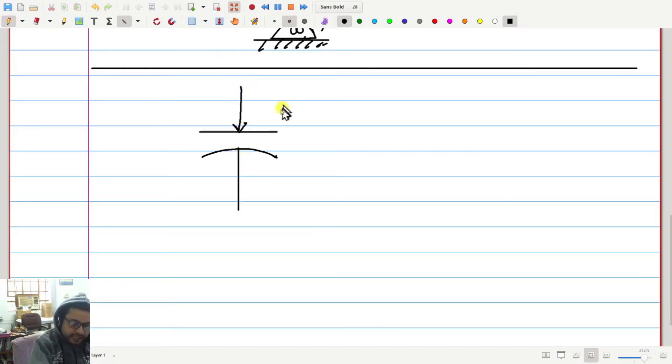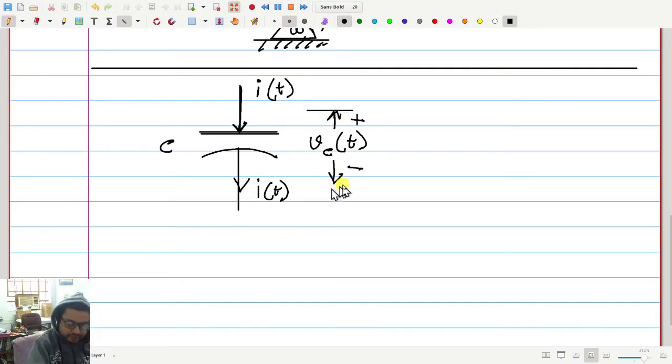Gradually charged, in the sense that initially there was no charge on either of the two plates and then some current is flowing from top to bottom. That may be a function of time. As current flows from top to bottom in the upper plate, the same amount of current flows out from the lower plate. Gradually the upper plate will get positive charge and the lower plate will get negative charge. The capacitance is C and the voltage is Vc, which is also changing as a function of time. I am considering the upper side to be positive and the lower side to be negative.